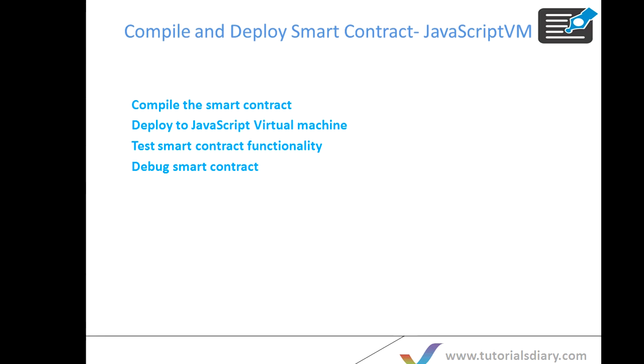If you haven't gone through my last two sessions, I would recommend you to go through them before you jump to this third session, because in the very first session we covered how to set up your development environment for Ethereum, and in the second session we discussed building a smart contract in Solidity language in the Remix IDE. So this is the third session, and in this session we'll show you how you can compile your